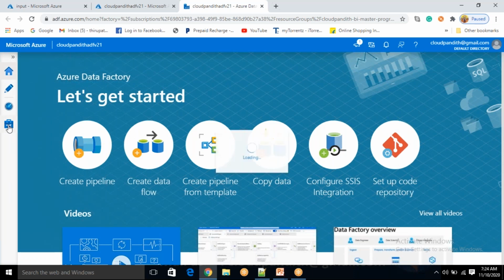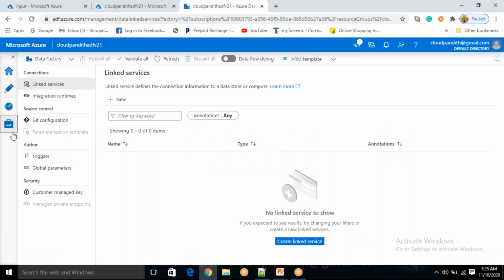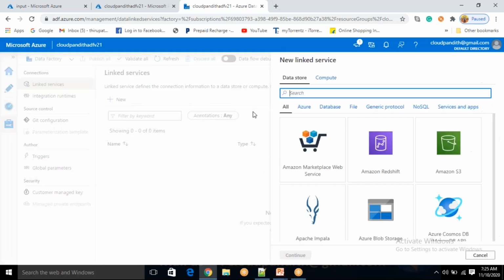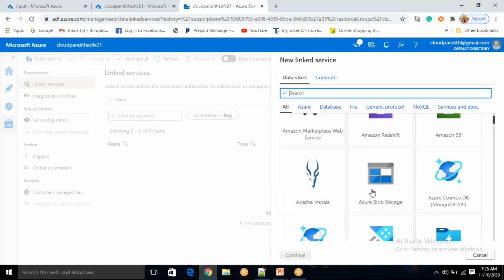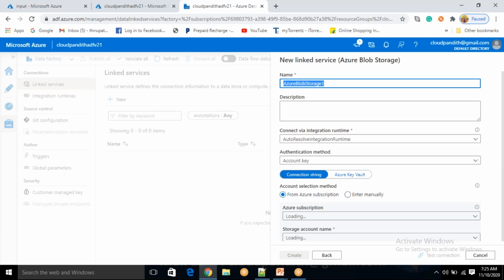Let's click on manage tab. Click on linked service. Click new to create the linked service. To which storage do you want to connect? Blob storage. Click continue. This is LS Azure blob storage, and here you can say this is which storage?